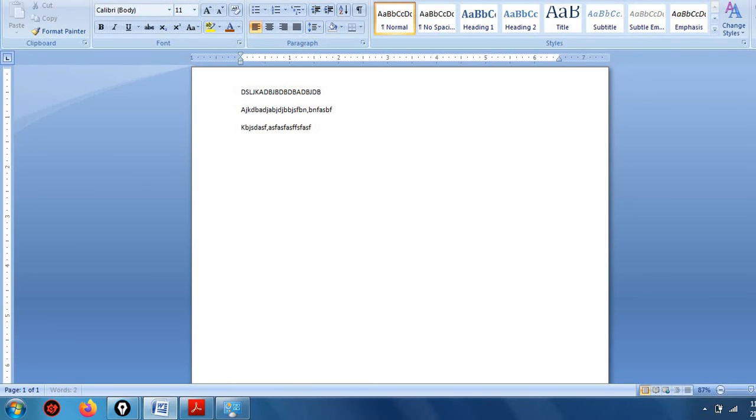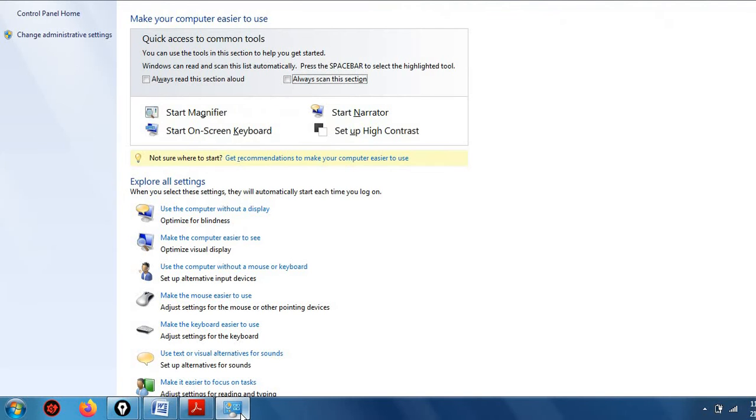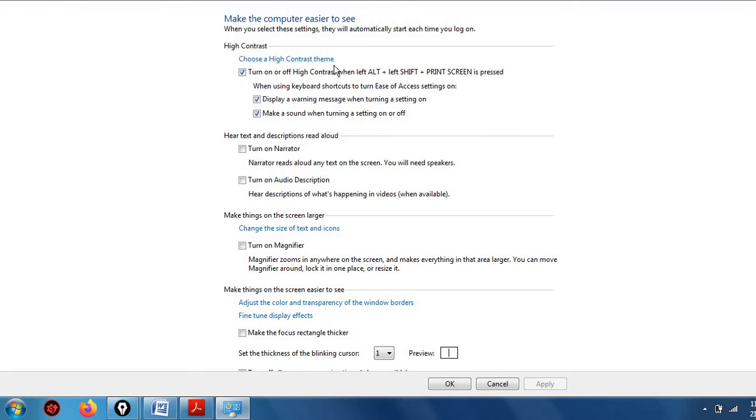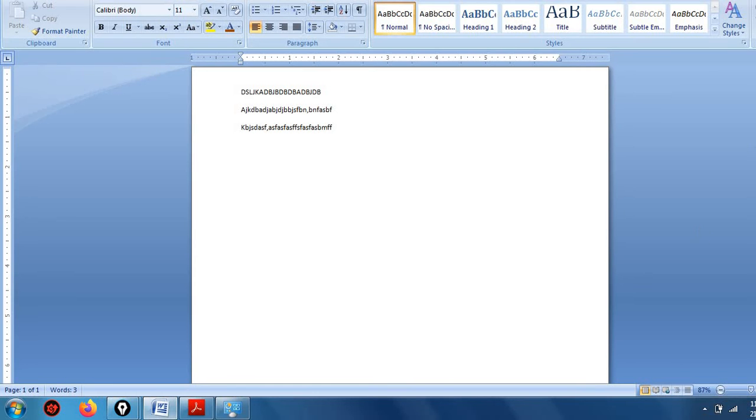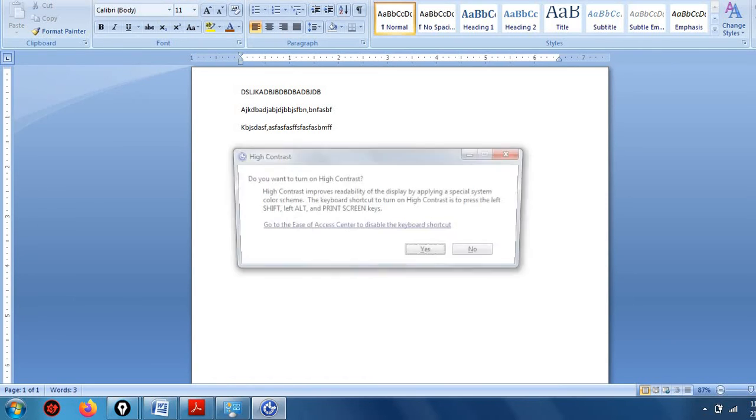Okay, I have written, but this may be a problem for some of the people who are having vision impairment. So what is the shortcut key to activate this high contrast theme? To change, Alt Shift and print screen, right? So I am pressing it, Alt Shift and print screen.